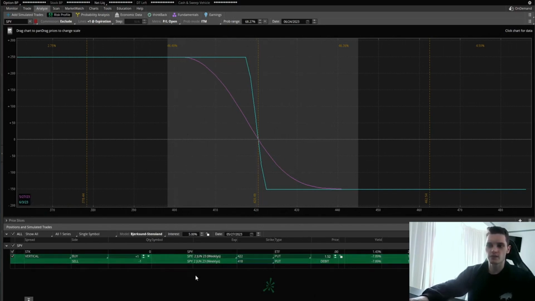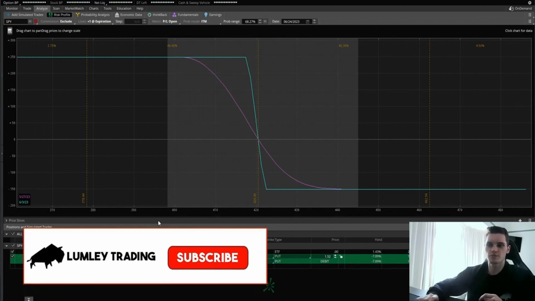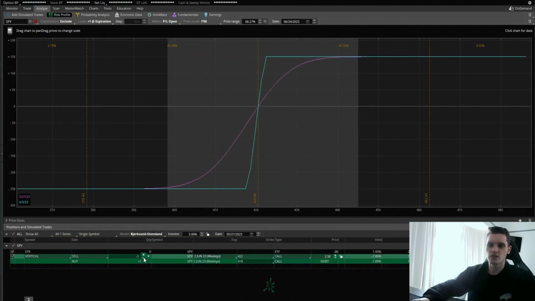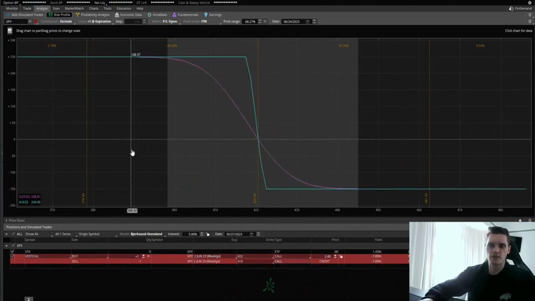Another thing you may want to do is, let's say you're debating, if we want to be bearish, whether we want to do a debit put spread or a credit call spread. How can we then see that? What we do is change that to calls, and then change that around. You can always just play around to find exactly what you want, but you can see in this case, we would get paid